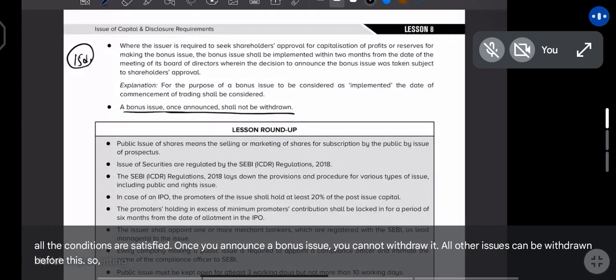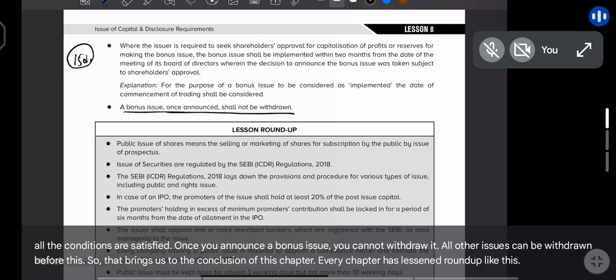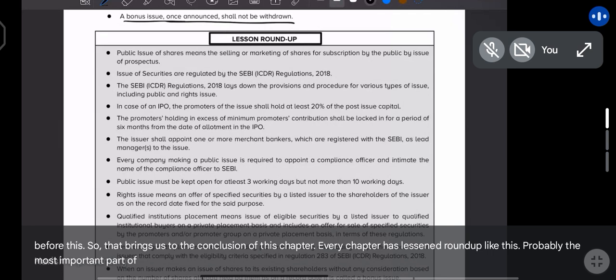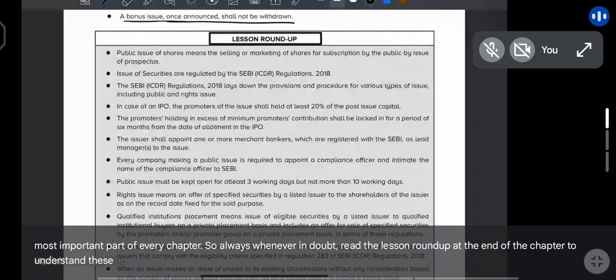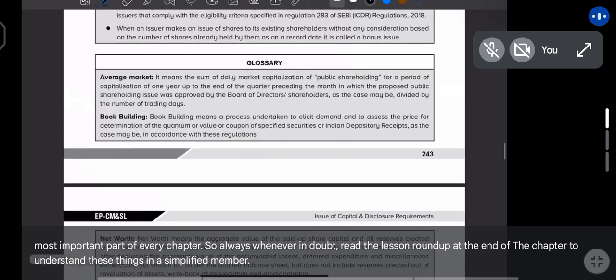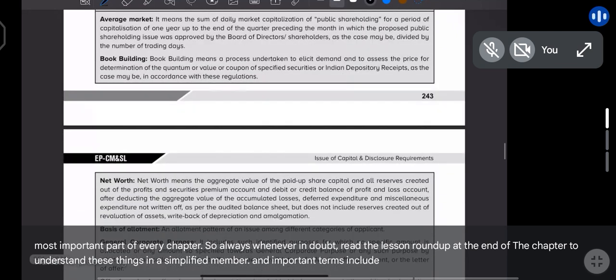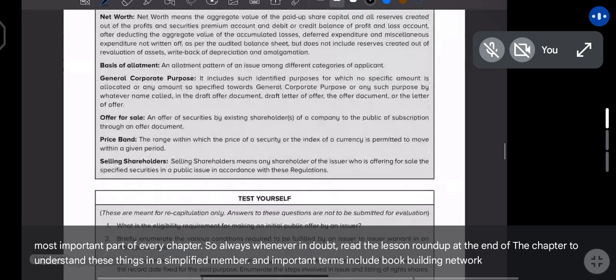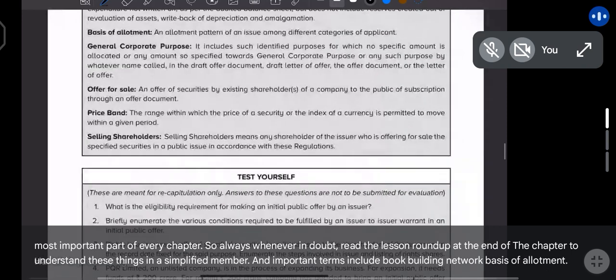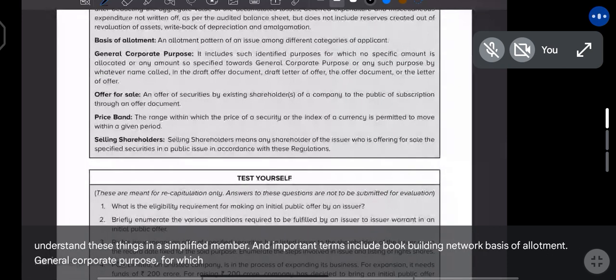So that brings us to the conclusion of this chapter. Every chapter has a lesson roundup like this. Probably the most important part of every chapter. So always, whenever in doubt, read the lesson roundup at the end of the chapter to understand these things in a simplified manner. And important terms include book building, net worth, basis of allotment, general corporate purpose for which we use 25% of the money,